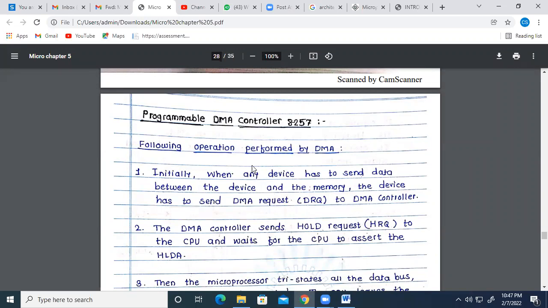Dear all students, again, welcome to my lecture. So already we have started with the fifth unit as per your syllabus. As I covered commands, I was going a bit fast, so now I have to clear it for all of you. From now onwards we will go slowly, because in the fifth unit only the programmable DMA controller 8257